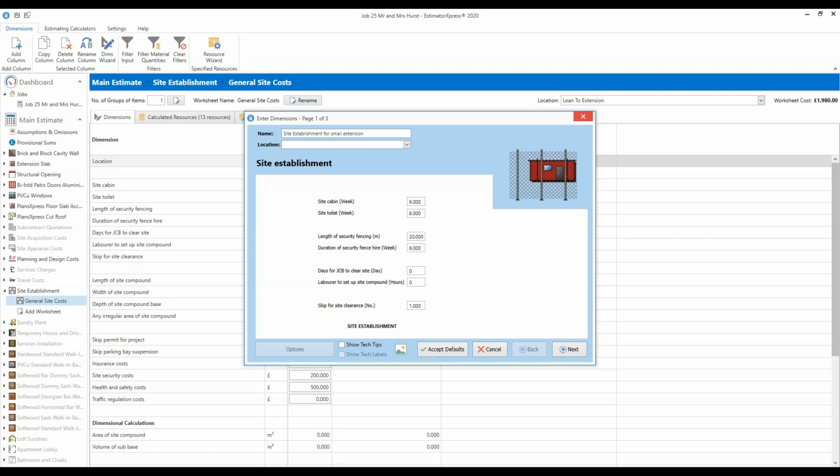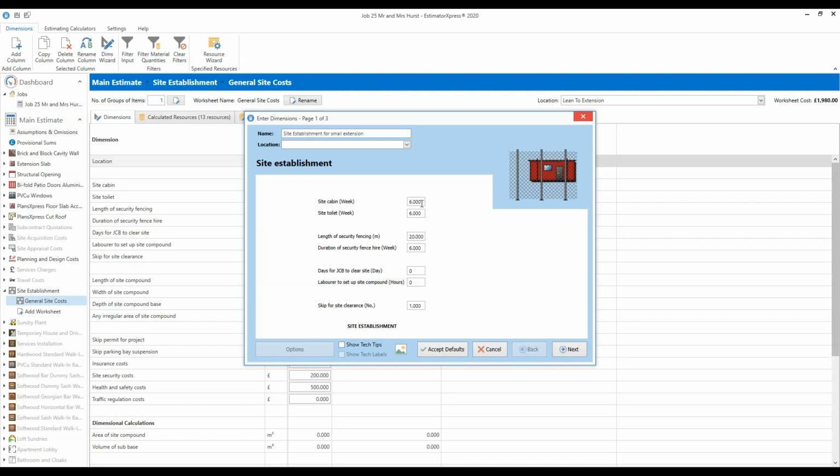So you can see that lots of the items here are hired or bought in units of time, so by the day, the week, the month, and so on. What that does mean is that you're going to be approximating how long you're going to need these items for at the outset, I'd imagine, and you may need to come back into this estimating calculator at a later point when you have a firmer idea of the exact duration of the job and so on, so that you can make sure you're estimating accurately for these different